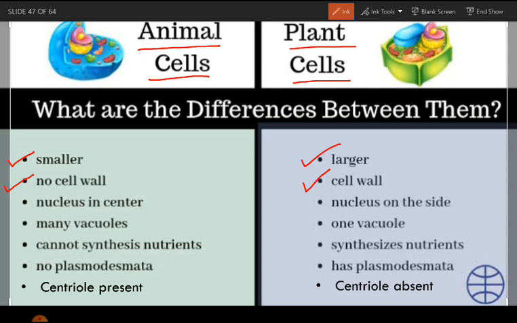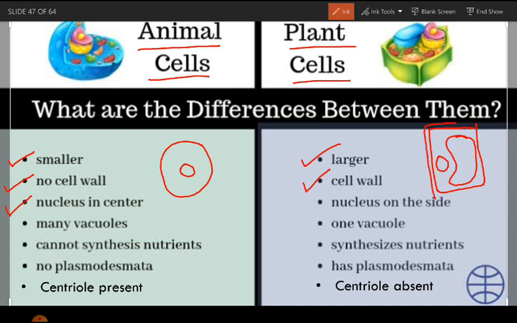The next difference is that the nucleus is present in the center of an animal cell. If this is an animal cell, then the nucleus will be at its center, while in the plant cell the nucleus is present on the side because a large vacuole is present in the cytoplasm. So in a plant cell the nucleus is present on the side, while in an animal cell the nucleus is present